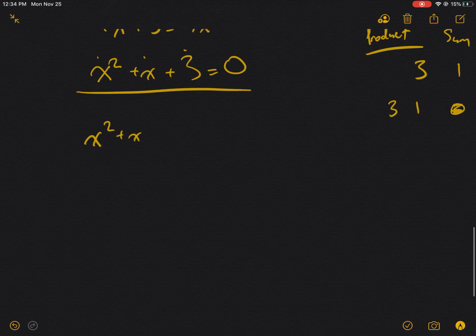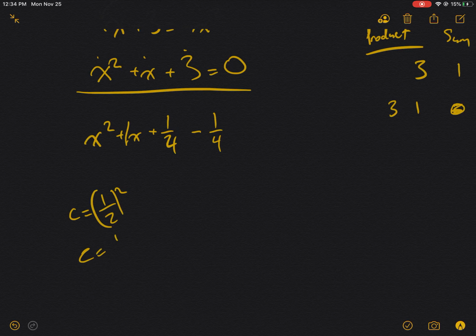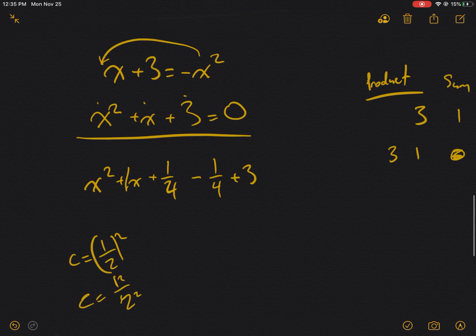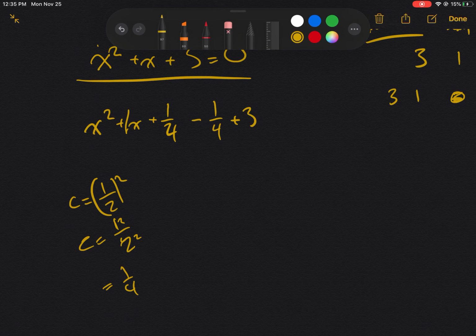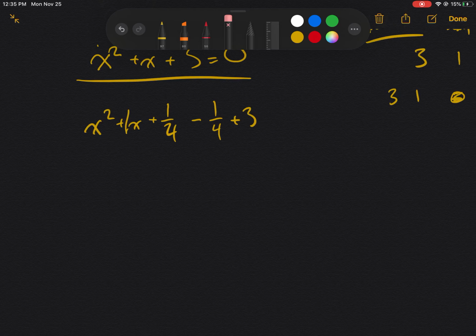Let's try completing the square. X squared plus x, divided by 2 and square, plus a quarter minus a quarter, right? So for those of you who want to see, this value is 1. There's 1 over 2 squared. That's equal to 1 squared over 2 squared, which is equal to 1 over 4. That's why I did that, plus 3. Which makes it equal to x plus a half squared